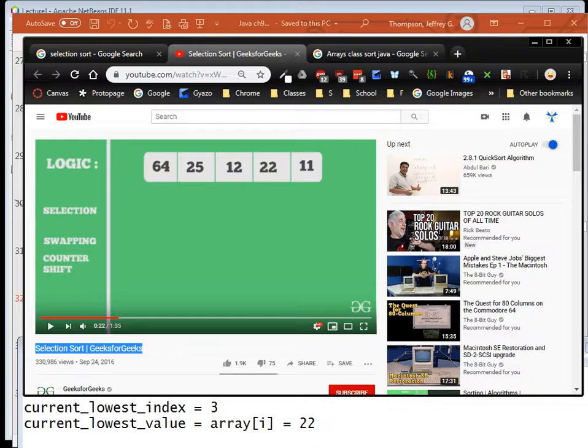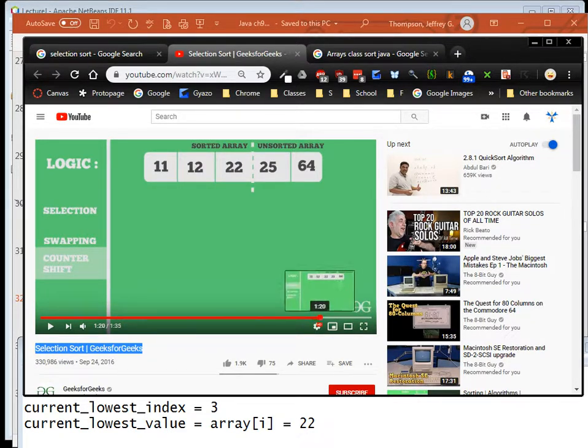What if we were looking for one that wasn't even in here? What if we were looking for a 3? Is 64 3? Nope. Is 25 3? Nope. Is 12 3? Nope. Is 22 3? Nope. Is 11 3? We have to go through the entire list in order to determine that that value was not in the array, which is quite plausible. Okay, so if we go to the sorted version of the array,